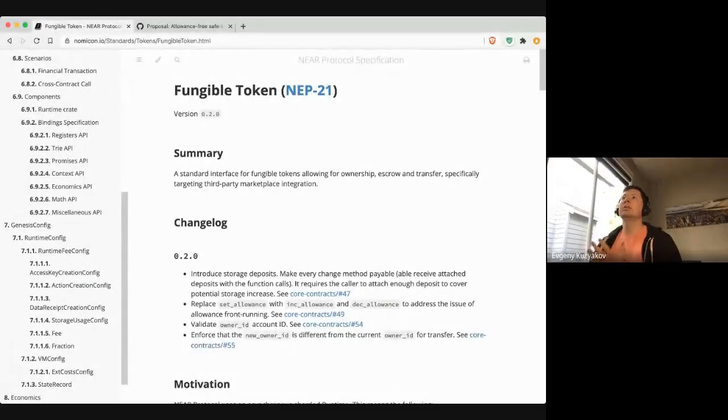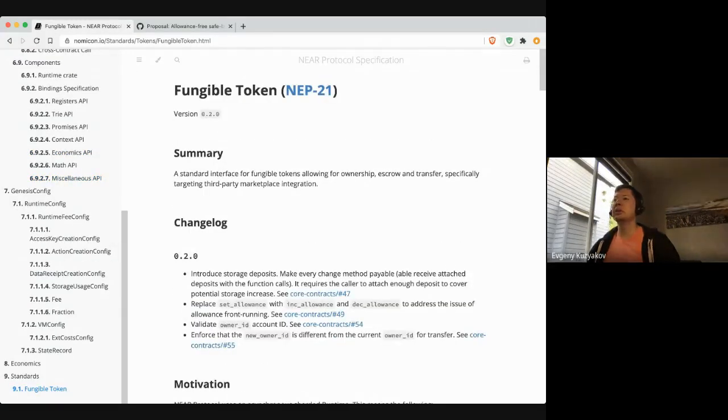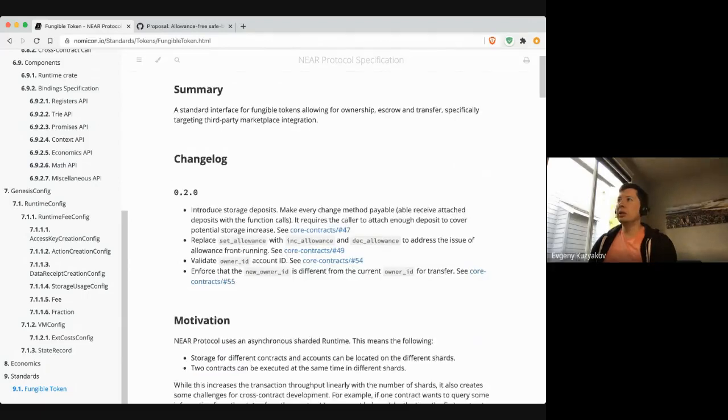Okay, so this is Nomicon.io. This is where Near has some specs and documentation. And here we have a fungible token standard that was published. It has version 2.0, but I think the latest is 4.0, so the standard is not really updated. So the standard fungible token interface